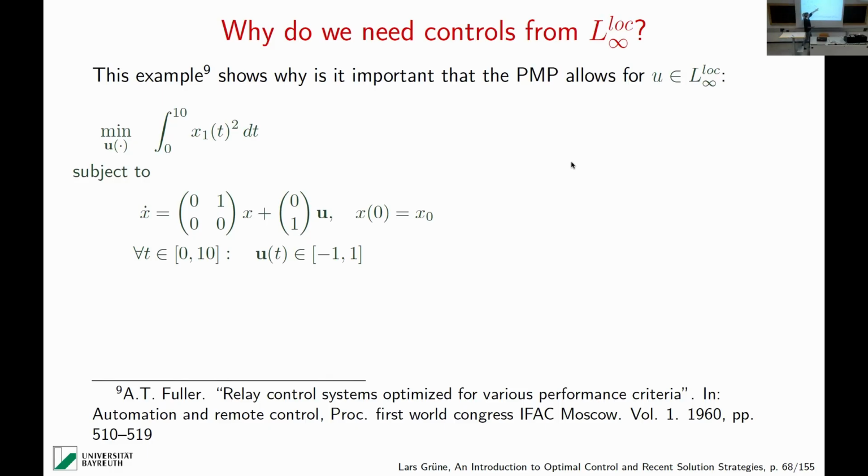We start at x0. We want to minimize the quadratic cost of x1, the position. In order to minimize that, certainly the car has to be driven to the position 0, and eventually it should also stay at the position 0, because whenever it deviates from 0, it creates cost. It's easily seen that if you know a little bit about the theory, there's always a control that brings you to 0. The question is just, which is the cheapest way in the sense of this functional to get to 0?